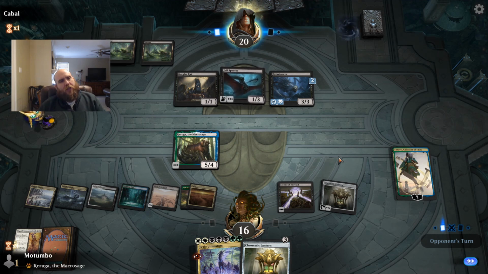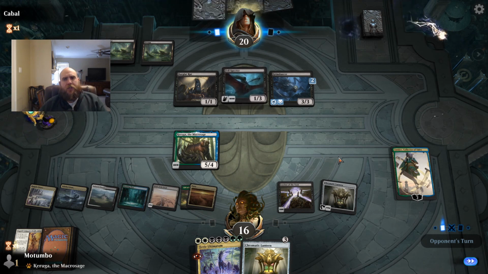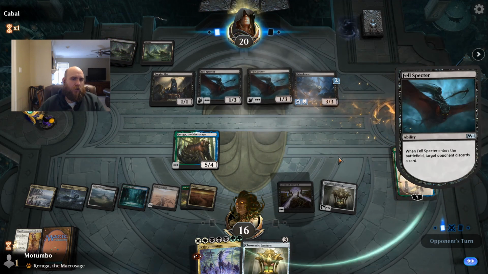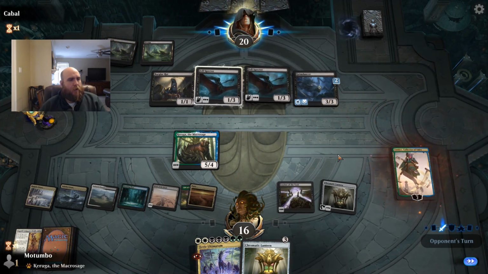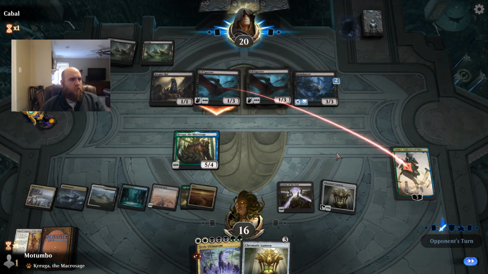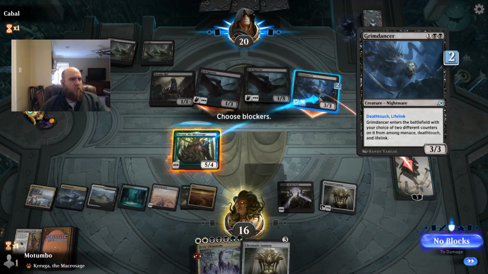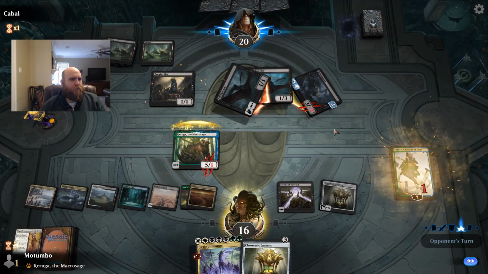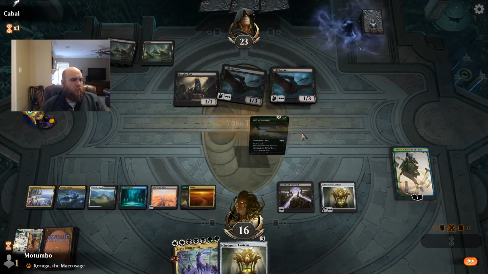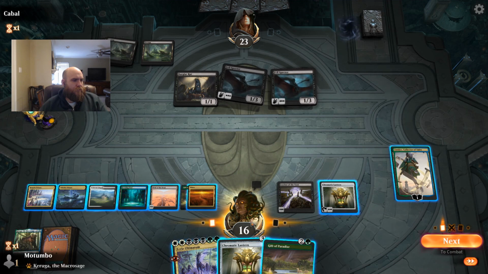I guess it really just depends on how he attacks. Because he could kill Tamiyo first and then... Okay, well, unfortunately, it's not going to work how you want it to work. So, we're going to block. No one asked for your input. Alright, so...